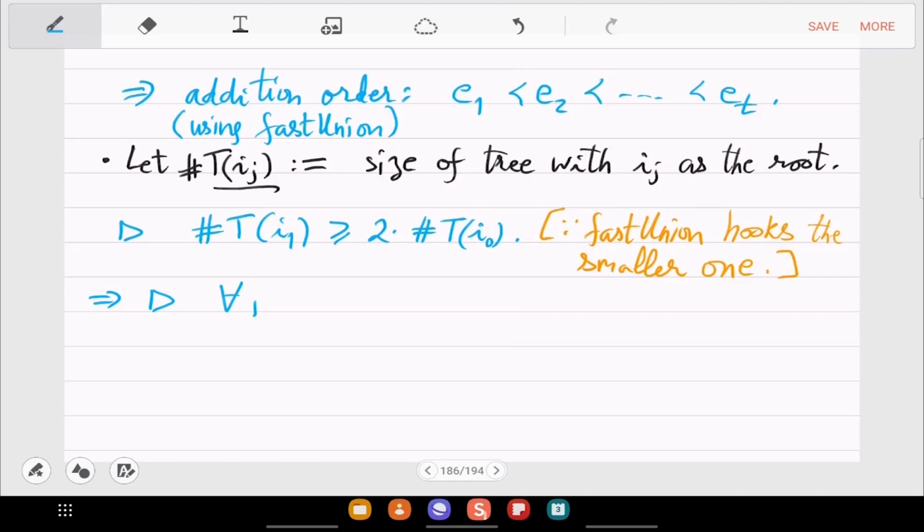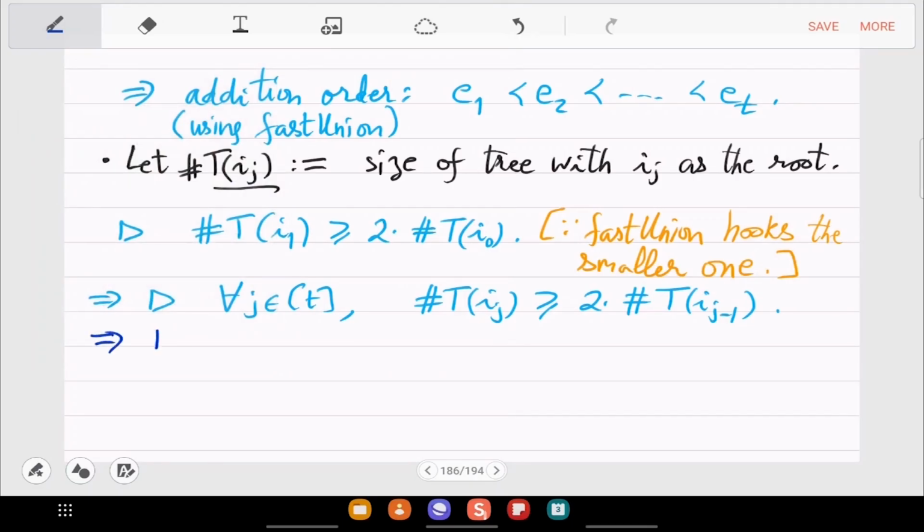So for all j, Tij is at least double that of Ij minus 1. Which means what? So if you cascade this, so Ti1 is at least double of Ti0, then Ti2 is at least double of Ti1, which means it is at least 4 times Ti0.